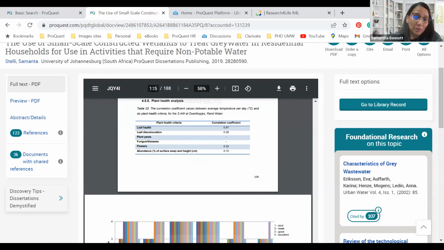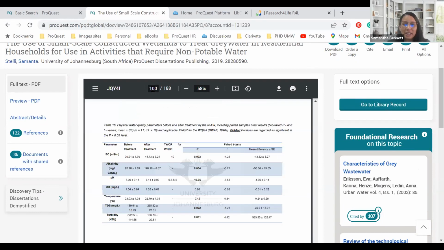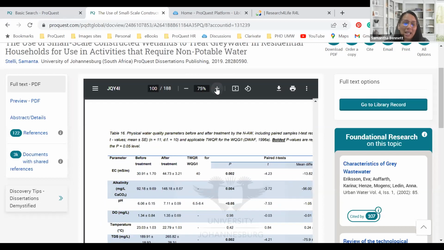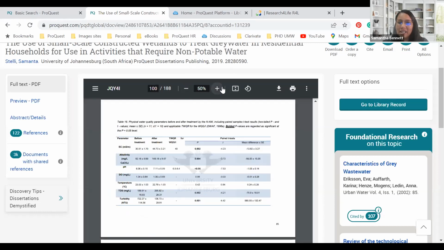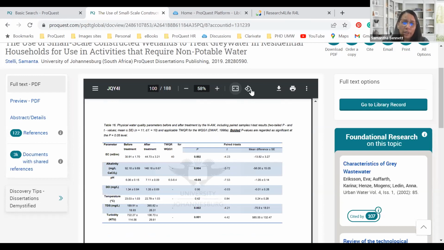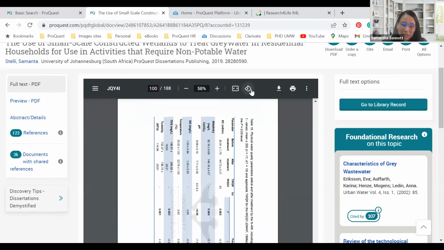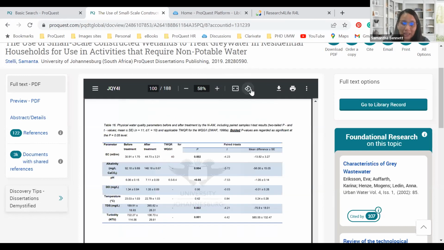You can also jump to any page directly from here. Let's say I want to go to page 100, enter 100 and hit the enter button and it will take me to page 100. I have the option to enlarge or zoom out a little bit by simply selecting the keys there. And then you have these buttons to fit this to the screen, or you can rotate it counterclockwise because sometimes some of the dissertations and theses have horizontally written pages or tables, like in this case, where you can rotate the pages to have a better read.